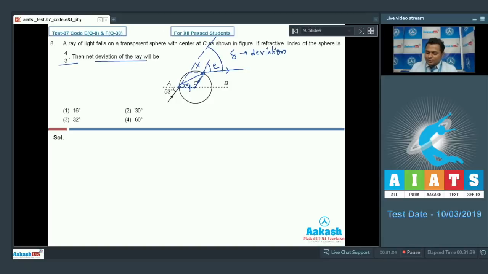Radius. So these sides will be equal. Angle opposite to equal sides will also be equal. So if this is R, then this will also be R. So applying Snell's law at A,